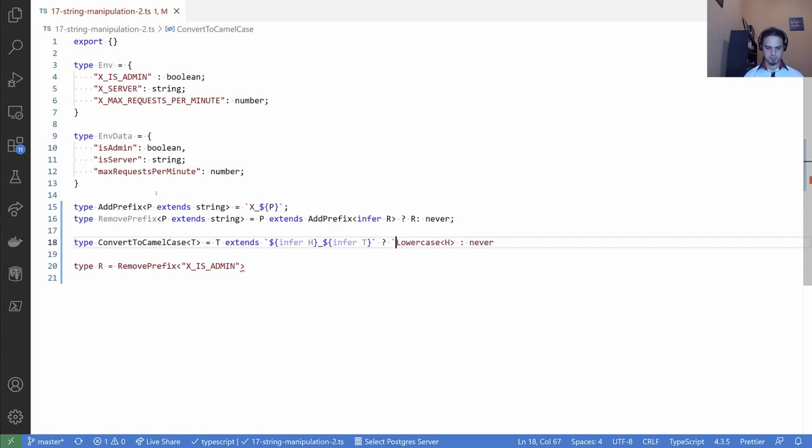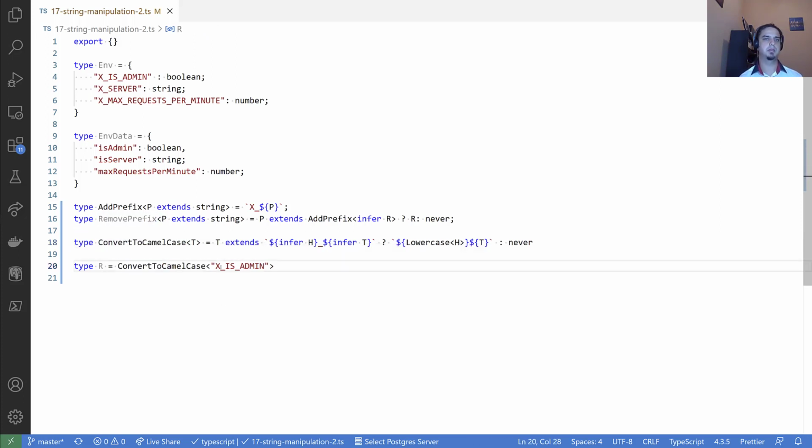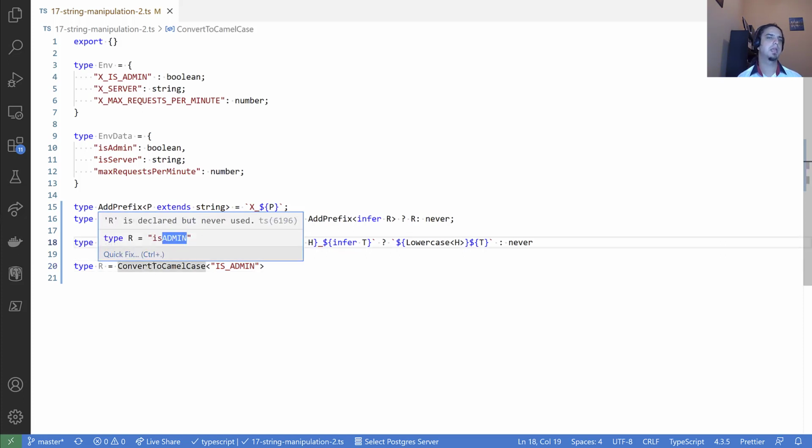And we're also going to want to add the tail part. But for now, we're just going to add it as the original tail without transforming it in any way. So let's see what applying this to isAdmin will achieve. So we see here now that we've removed that first underscore, and we have the admin after the initial is